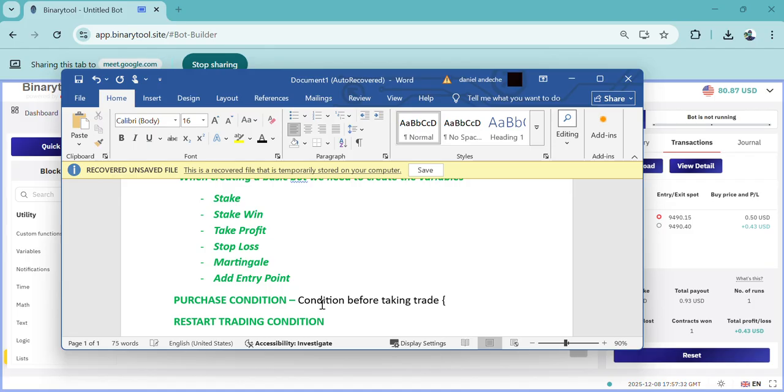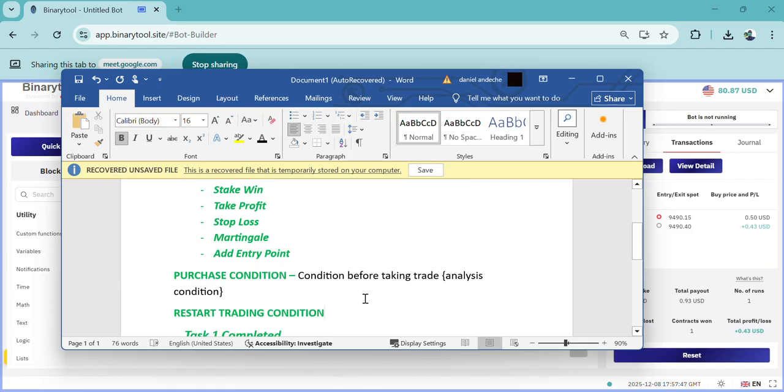Mainly, I can say analysis conditions. So if you want to understand the logic of any bot, you will always find it in the purchase condition block. Then we have another one by the name